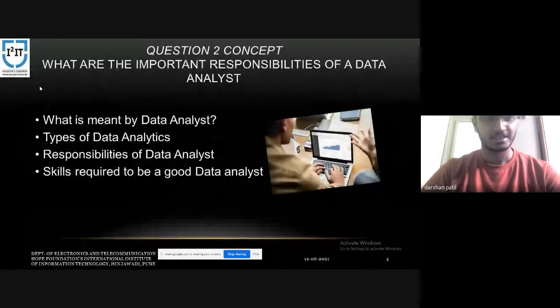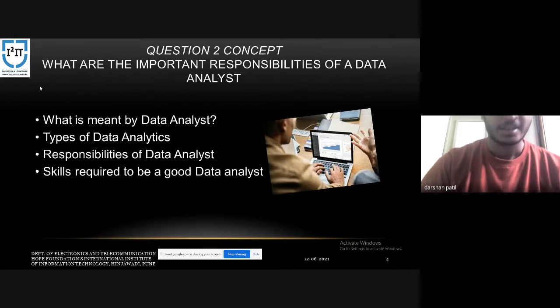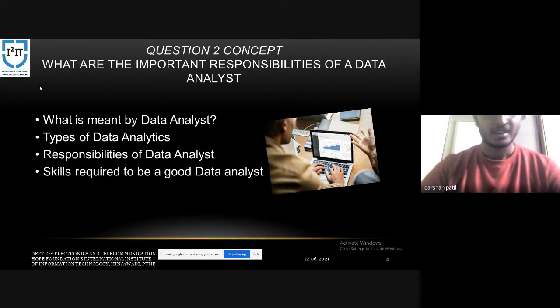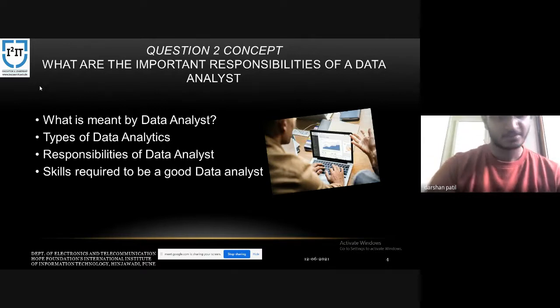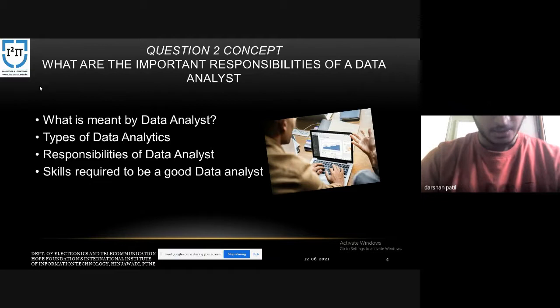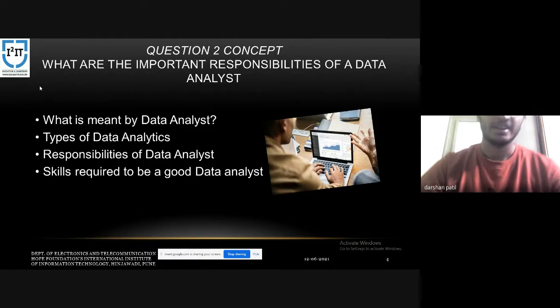The next question is conceptual, that is the responsibilities of a data analyst. Before that, I want to share some information about data analytics. So what is meant by data analytics? Data analytics is basically to assign numerical values to important business functions, so performance can be assessed and compared over time. So basically the job of a data analyst